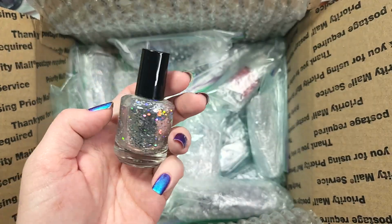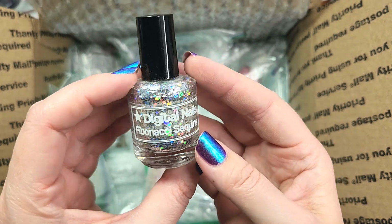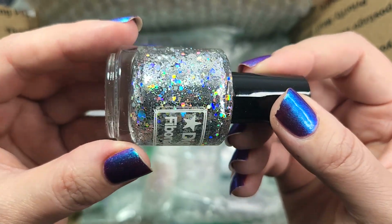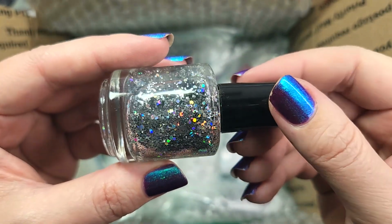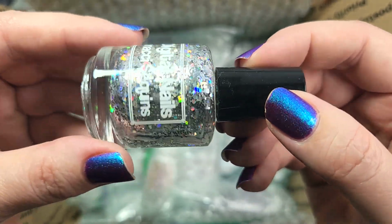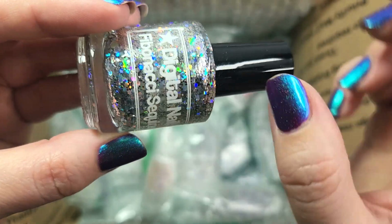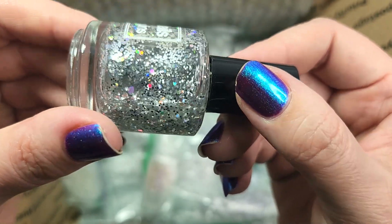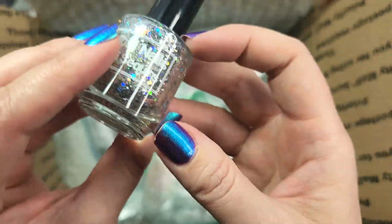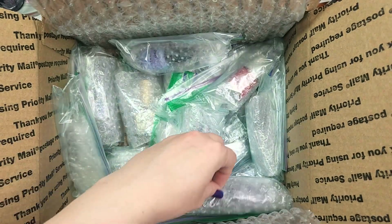Ooh. So this one is Digital Nails Fibonacci Sequins. Ooh. Very fun. Look at all that. Holy moly. So this is holo on top of holo. I think some of them are silver metallic. That is fun. You have squares and the bigger, where did I see those? The bigger, right there, bigger circles maybe? Wow, very fun. Definitely one that I don't have, so that's a keeper as well. Next up,